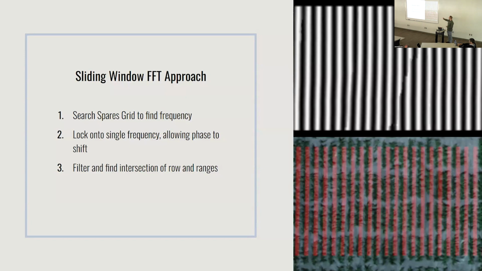And so we can get a picture of this image in the frequency domain, and we see that it's very clearly picking up on those patterns of where the plots are. We can do this in the row direction or the vertical direction, and the range direction or the horizontal direction as well. And doing that allows us to form a grid that we can then take the plots out of. And so this works pretty well in the middle of the field.